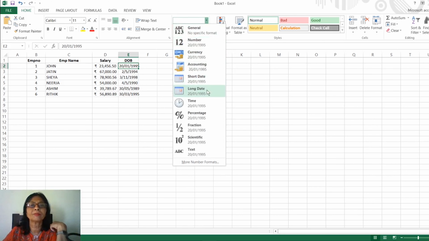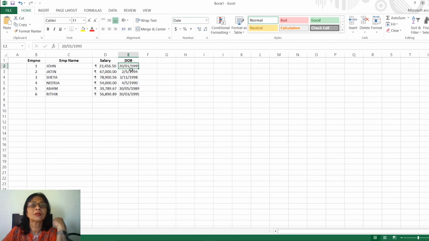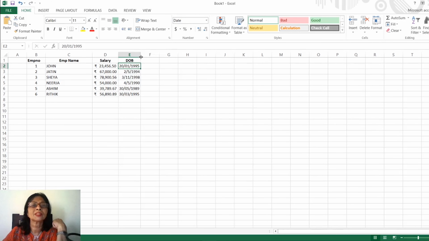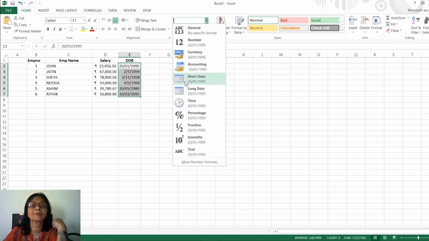So it is of date type. I will select Short Date. So the format is date, DD, MM and YYYY. Now it will be changed to this format. When this plus sign comes, you can adjust the cell position and cell size, and better you select all the cells and put it as date type.